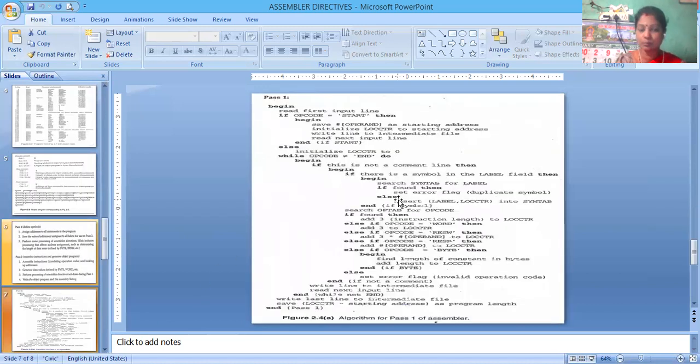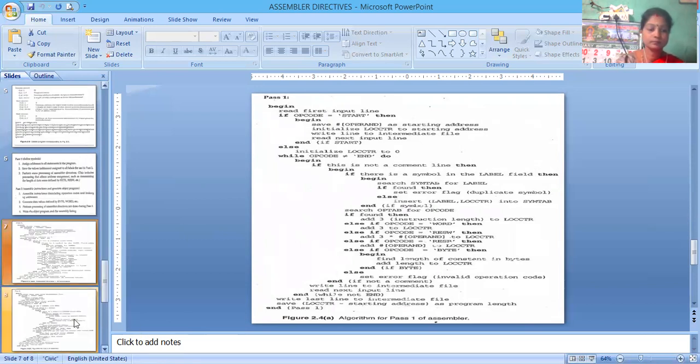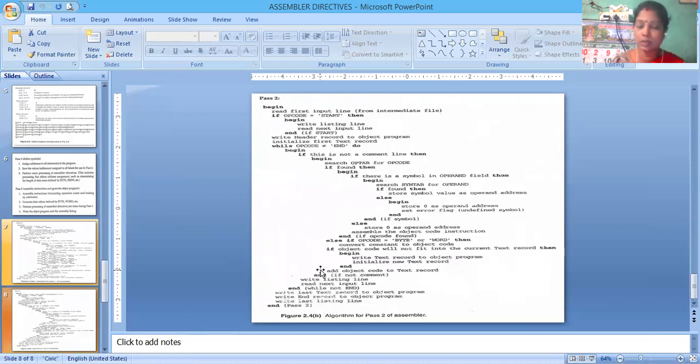So this is the pass one algorithm model. Here we are going to mention all the defined symbols in the object program. This is the pass two algorithm. Here we develop the calculation or formulation using the symbols defined in pass one. So here is the main concept: we save the symbols used in the pass one algorithm, and we generate an object program.